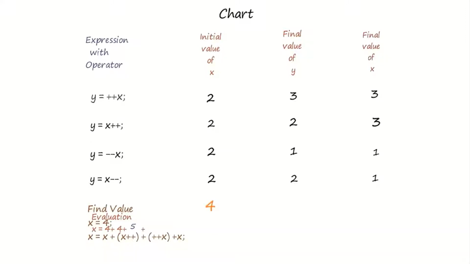Later, the binary plus operator will be skipped and due to the pre-increment operator, 5 will be incremented by 1, that is 6, which is now stored in x. Later, for the last x variable, the current value of x will be stored as 6. Therefore, 20 will be the final value inside the variable x, which is shown in the chart under final value of x, which is 20.